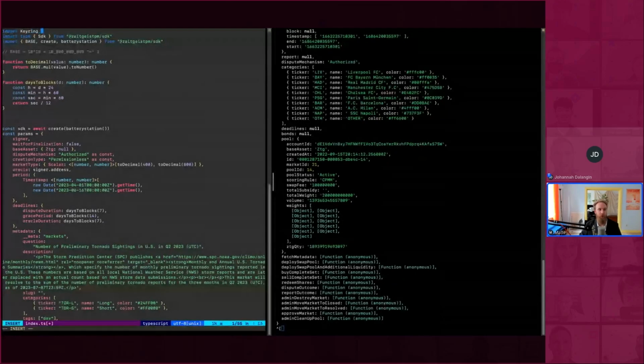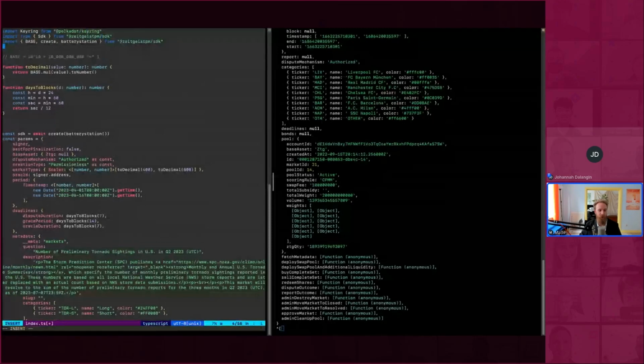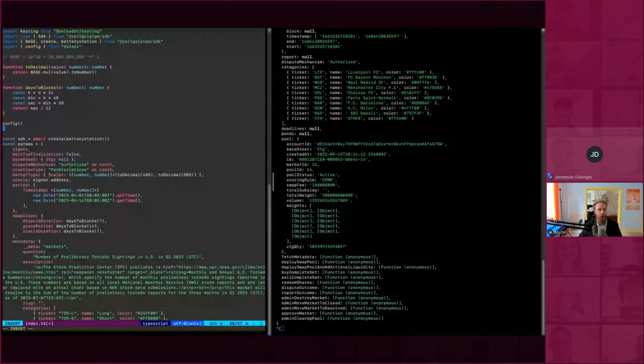So you'll just import this keyring utility, and for reasons of security, I've stored my seed phrase in a .env file. So I'm going to configure that .env file and then read the mnemonic from the .env file.